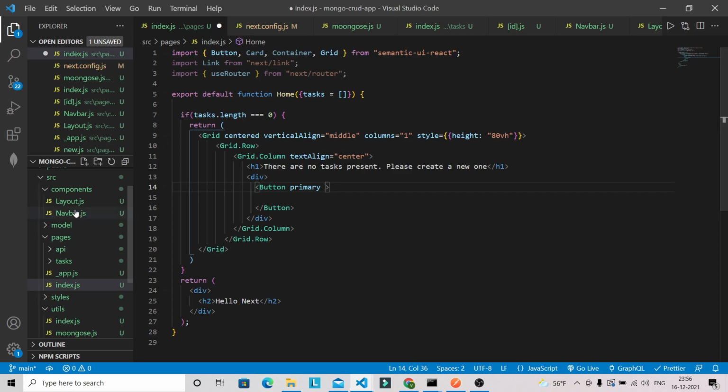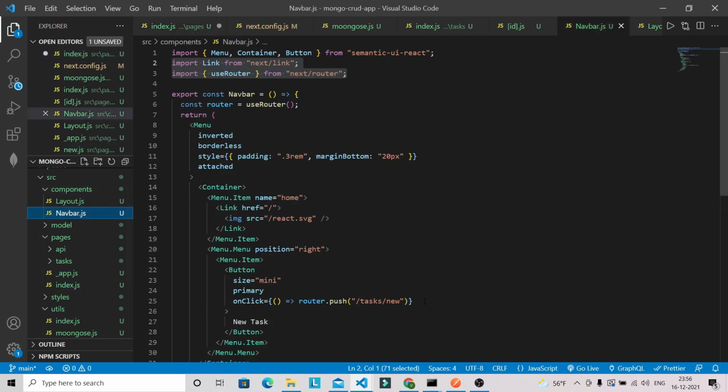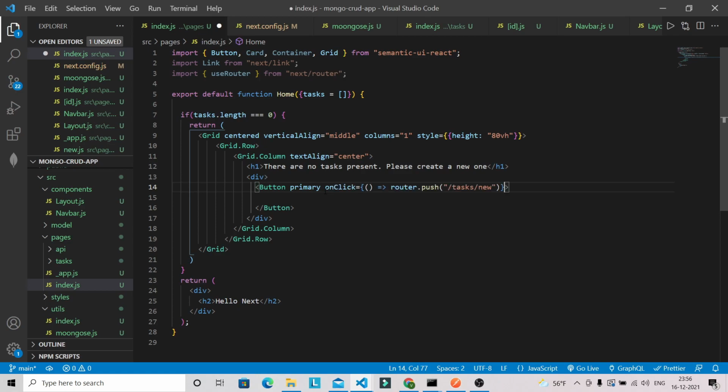So I'm just going to copy this on click method, so both buttons basically navigate toward the new task creation page. Let's just paste here the on click method, and after that we can give the button name like create task.